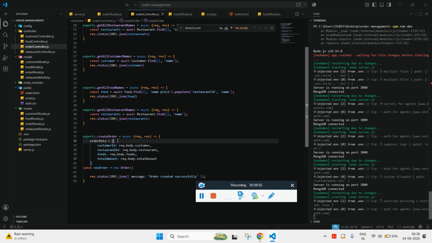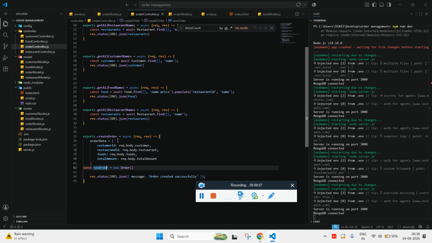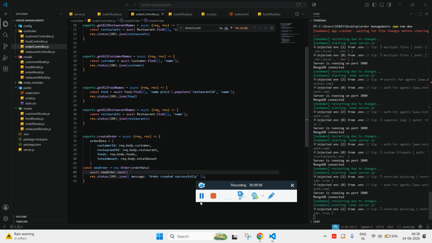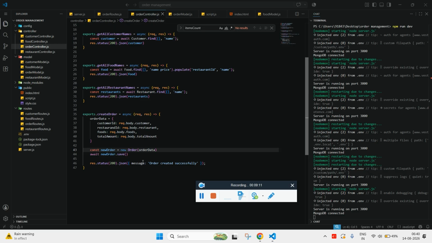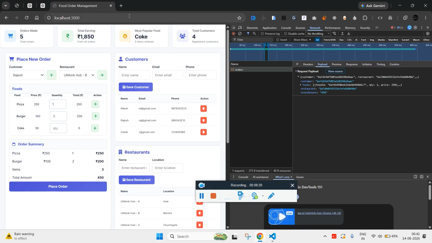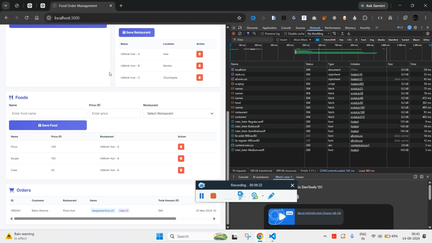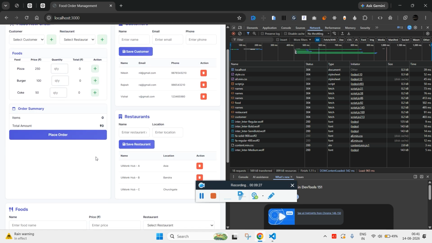Now we have to send them as an argument and save it, new order dot save, and this has to be await, and hopefully this data should store our value into the database. Let's check, and once it is saved we want to display that information in this field. We have to do that as well. Let's just place the first order,